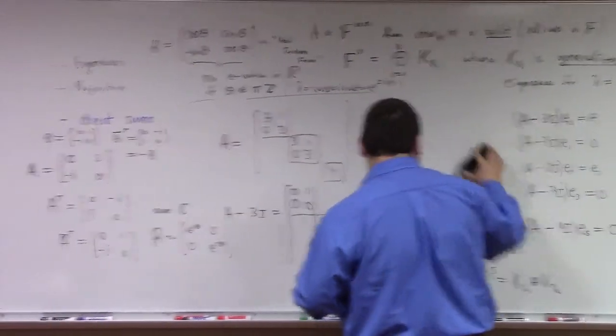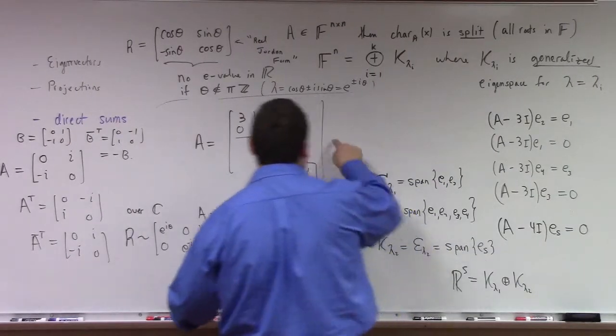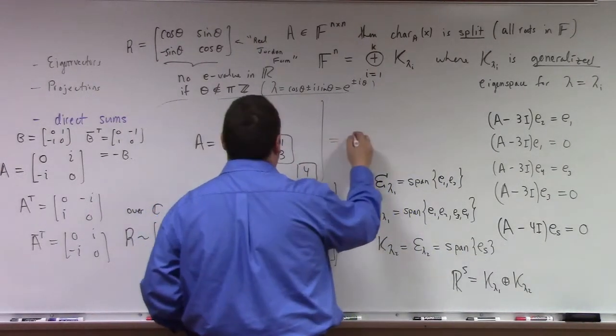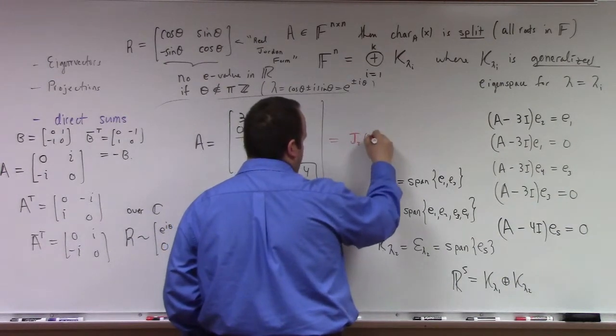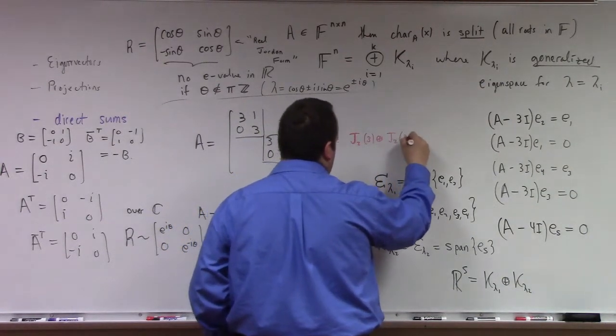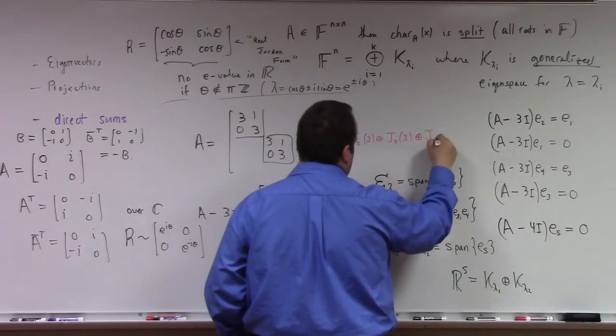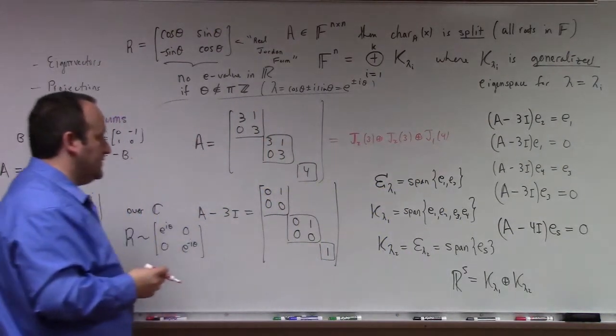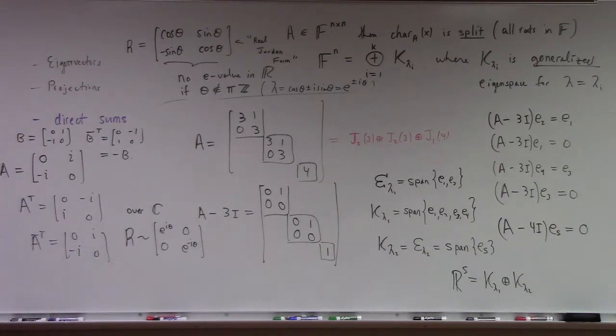Which you should be aware of because that saves us ever so much writing. We write this as J2,3 direct sum J2,3 direct sum J1,4, right? So it's the direct sum of these Jordan blocks. A diagonal matrix is in Jordan form where all of the blocks are 1 by 1. Again, a matrix is diagonalizable if and only if the Jordan form is a diagonal matrix, which is tantamount to there existing an eigenbasis for A.